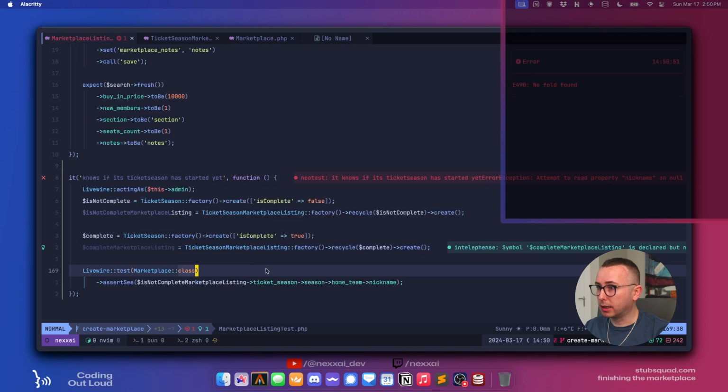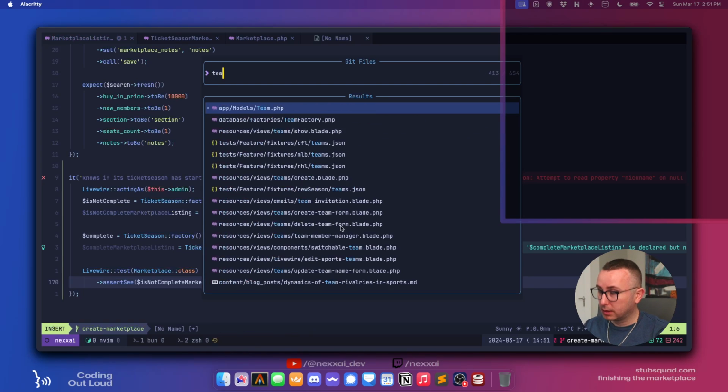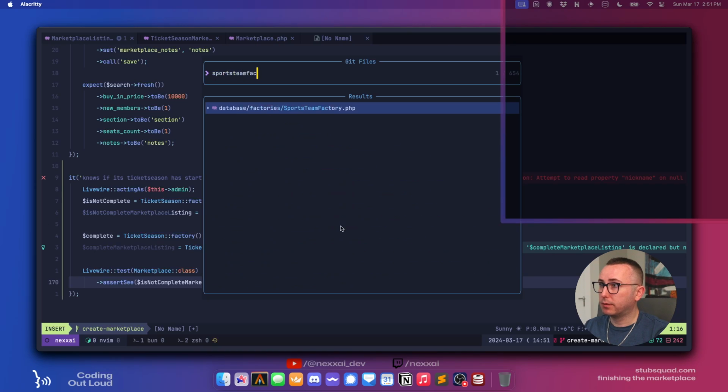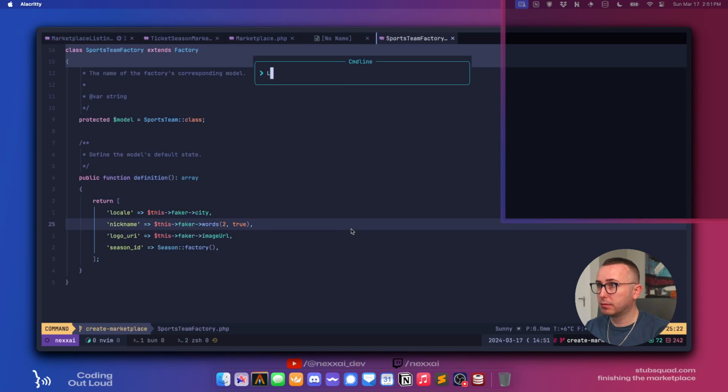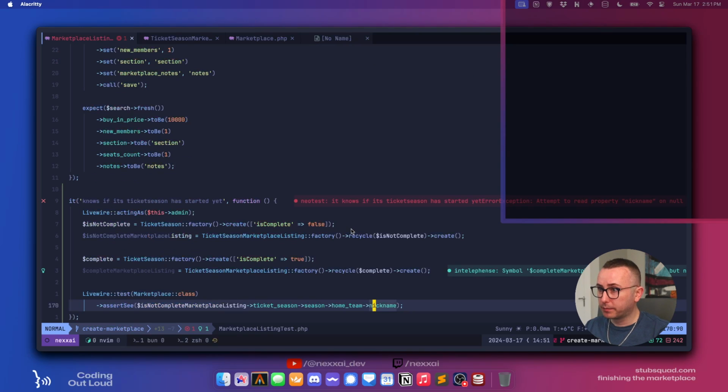Okay, so it's not getting the right team. So ticket season, home team nickname. Is that not sports team factory? Yeah, it's nickname. Yep.